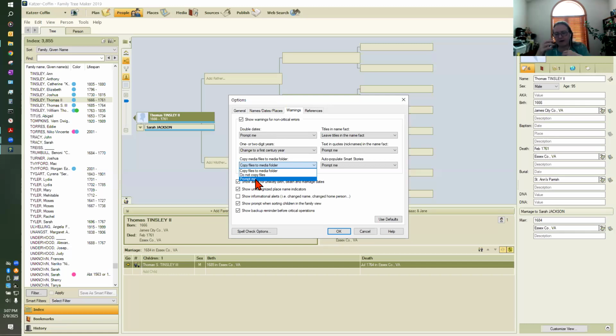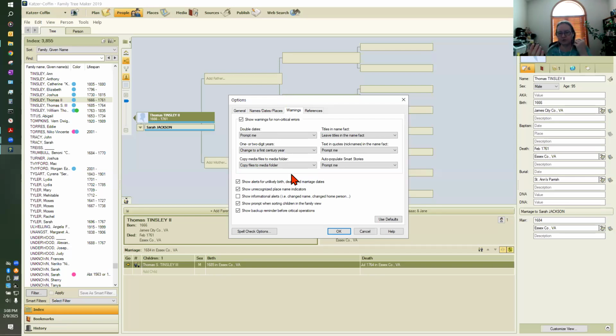Now, if you're syncing from Ancestry, that process of syncing will always put those images from Ancestry into that media folder. So for those of you that don't want that to happen and you're downloading them separately, you've worked out your own deal. But I just wanted you to know that you can set this under the Options Warnings tab so that it's always consistently doing the same thing, which is what mine does. And what that means is you're doubling your space on your computer for your images. You'll have your image in your computer file structure, and you'll have a copy of it in your Family Tree